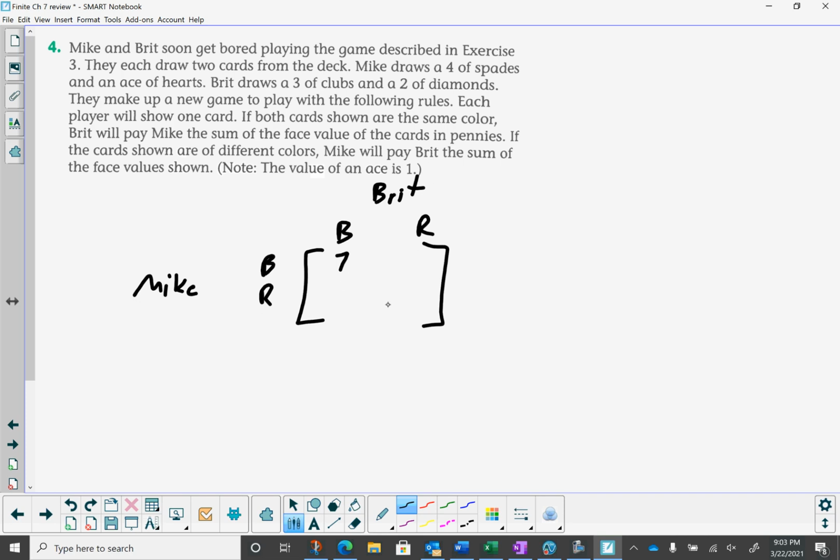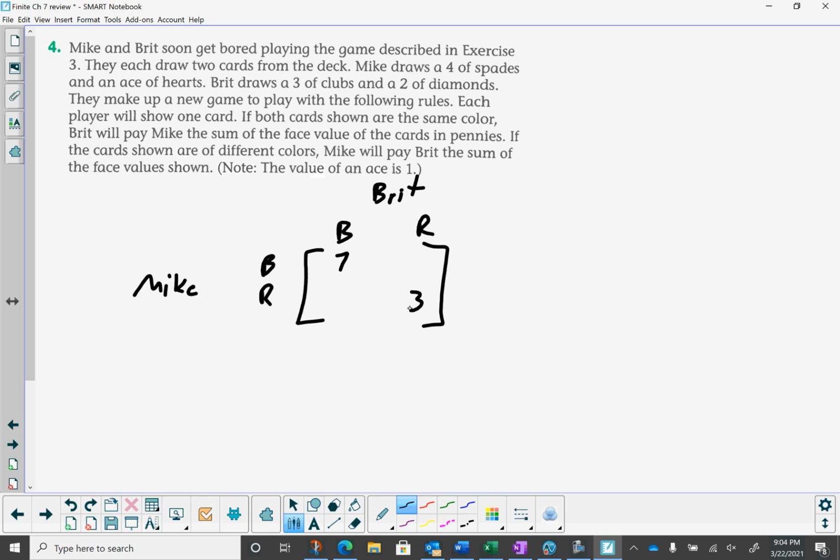And again, this is written in Mike's standpoint here. So that'd be +7 for Mike. Okay. Again, if they're the same color. Well, the other option here then, same color is red, red, but that's a 2 of diamonds and an ace of hearts. So that would be +3 to Mike. If they're opposite colors, Mike will pay Britt the sum of the face values shown. Okay,